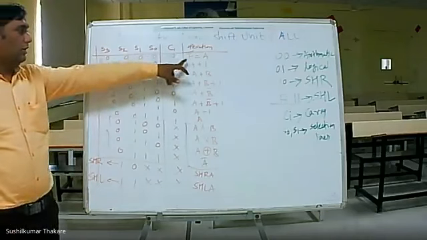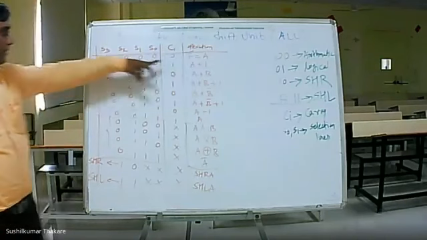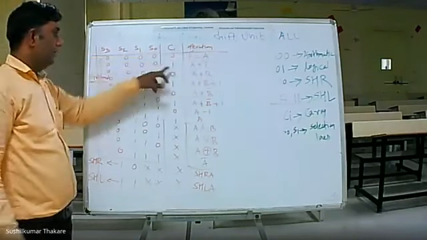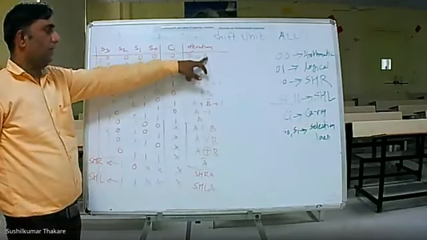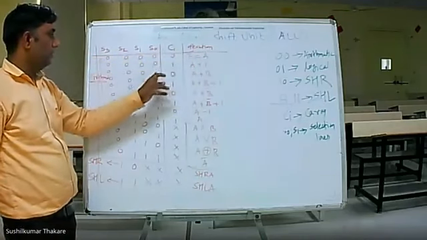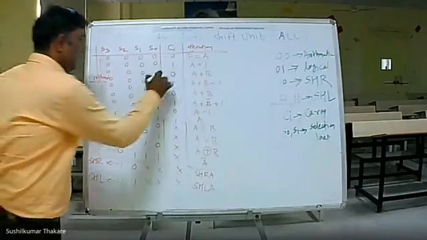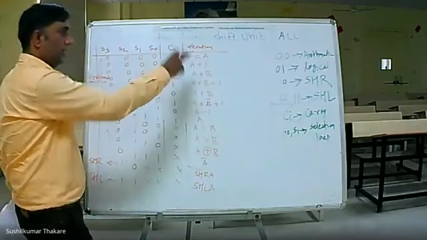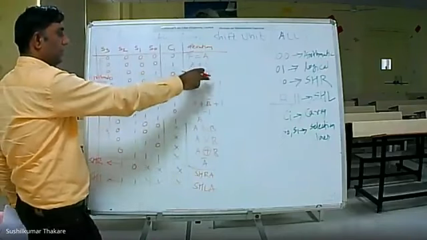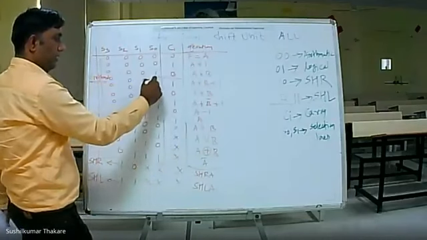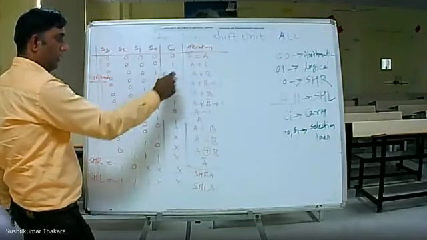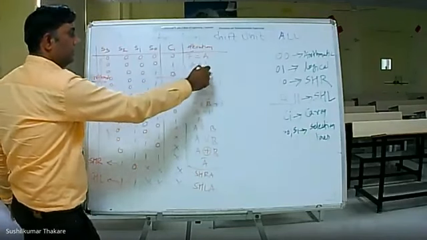0, 0, 0. That is represented as variable A. Add 1, that's why in this variable, A plus 1. This is a 1 0, na? This is a 1 0. That is A plus 2. That's why again add plus 1. That's why A plus B. Second variable again add 1 1, na? That is A plus 3. That's why A plus B plus 1.